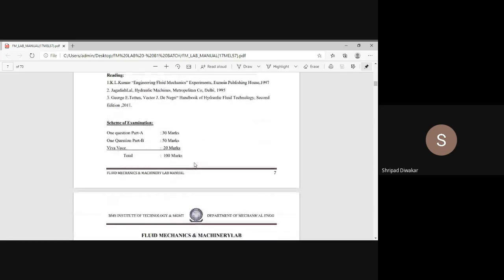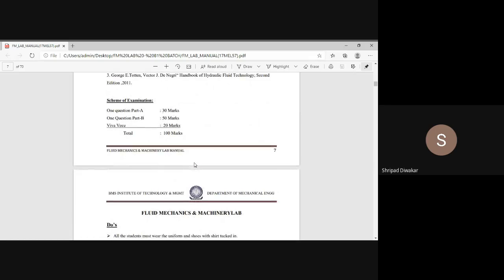Next, scheme of exam. As I said, there are two questions. One question is from the individual part that carries 30 marks, and another experiment from the group type that carries